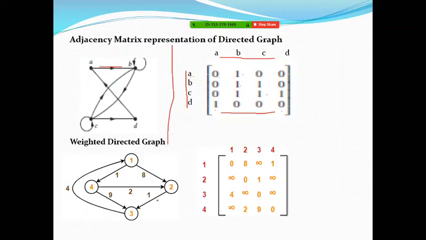Another term is weighted graph. Weighted graph means some weights are assigned to the edges. It contains 4 vertices, 1, 2, 3, 4. Again we need initial and terminal. In these weighted graphs, if loops are not there, we enter 0, 0, 0. Then from 1 to 1, no loop, no path is there, so it is 0. From 1 to 2, its weight is 8. Now what is this infinity? This infinity is from 1 to 3. From 1 to 3 there is no weight assigned, so we enter infinity.